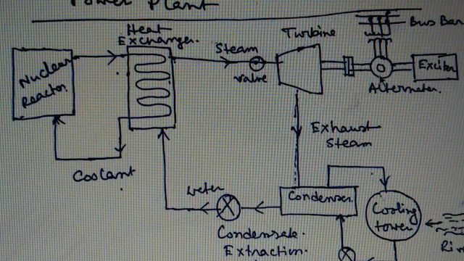Now the alternator. The steam turbine drives the alternator which converts the mechanical energy into electrical energy. The output of the alternator is delivered to the busbar through the transformer, circuit breaker and isolator. So the output of the alternator is directly connected to the transformer, and the transformer converts the generating voltage to the required transmission voltage, and finally the line is connected to the busbar and the transmission line.